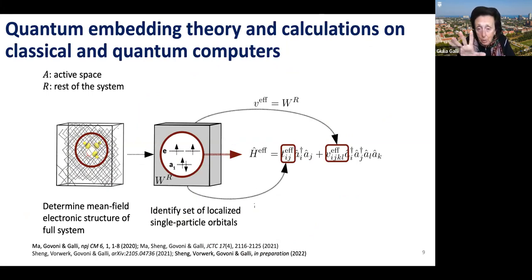So here there is another equation, but you know, not very many. Basically, we want to isolate this defect within the solid. We want to define an active space and understand the action of the rest of the system, this WR here, on the active space. This is no news to quantum chemists, right? They have been